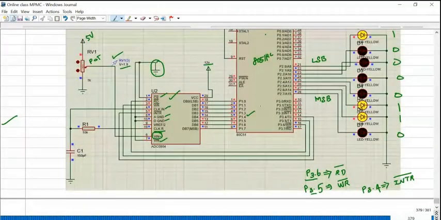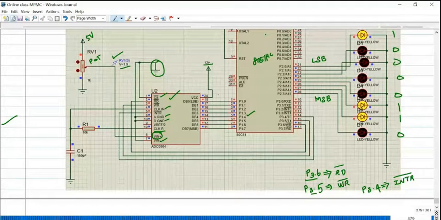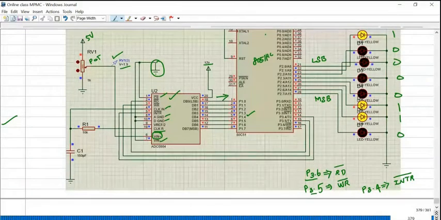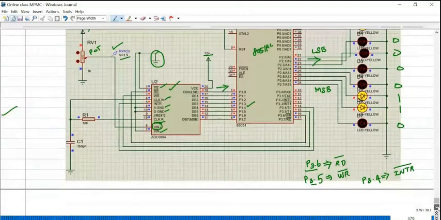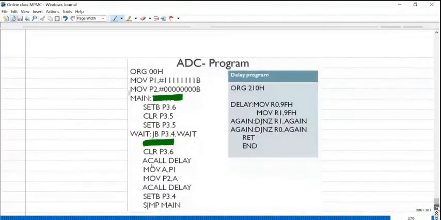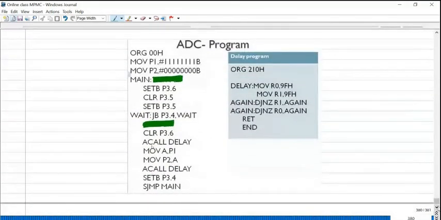So port 1 is receiving the data from ADC, correct? Input. Port 2 is transmitting the information to LED, output. So first configure that: port 1 input, port 2 output.